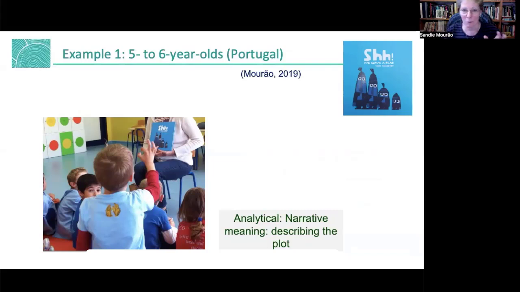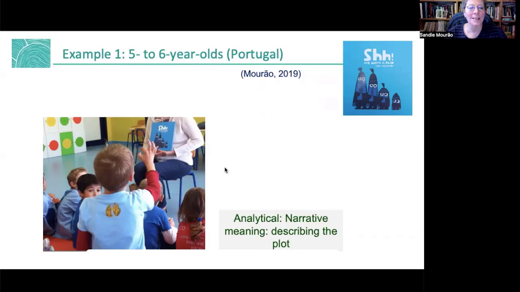Four human-like characters have fishing nets, and they go hunting for, to begin with, birds. Every time they find a bird, they go 1, 2, 3, and the little one says go very loudly, and of course the bird flies away. At the end, they are chased by lots of birds, and then they find a squirrel, and it starts again. There's a possibility of them hunting the squirrel. It's very silly, but the children love it.